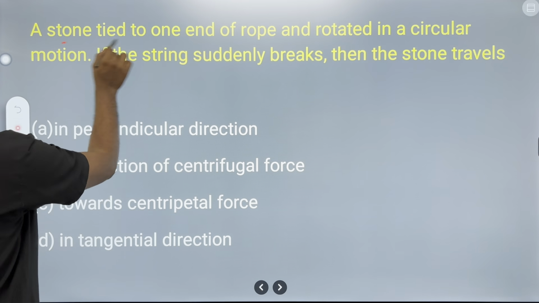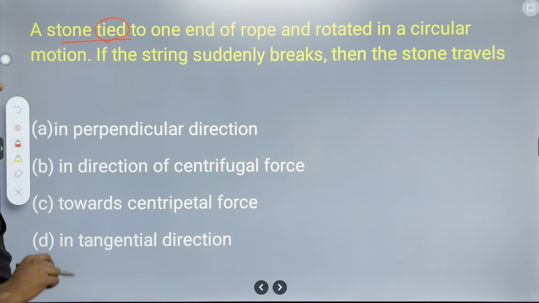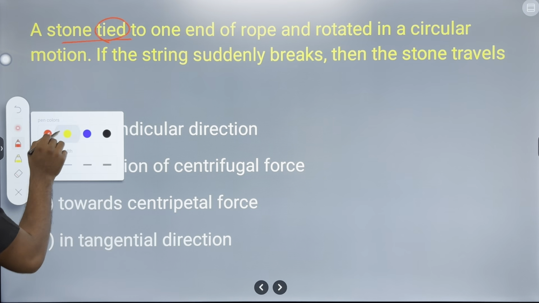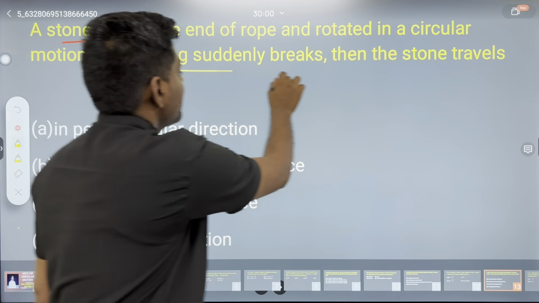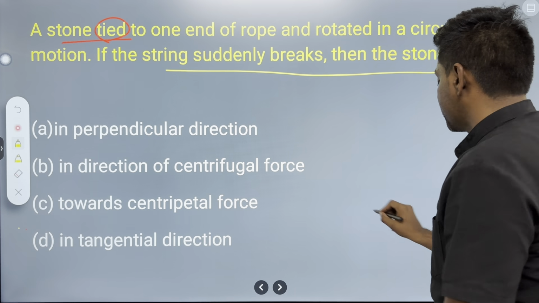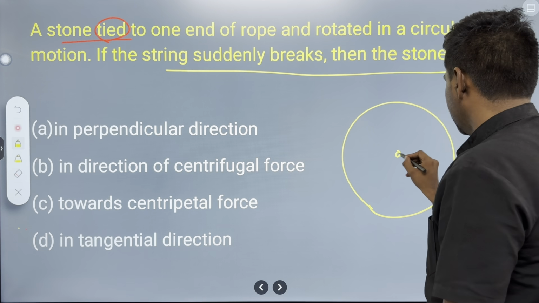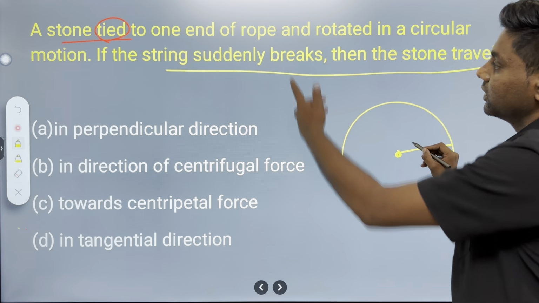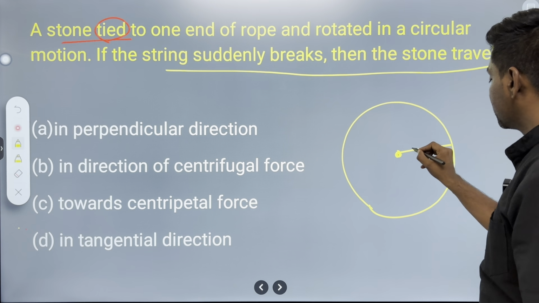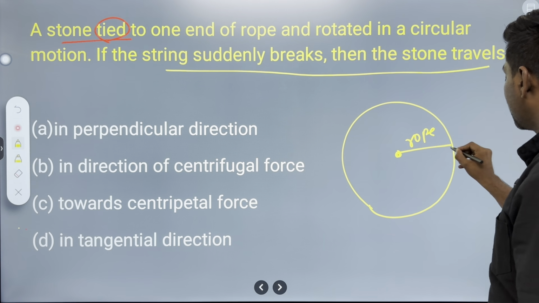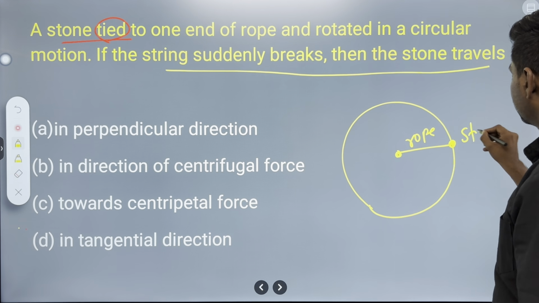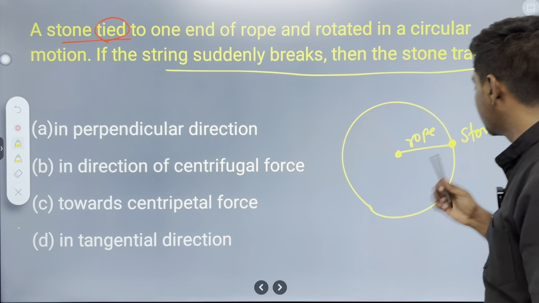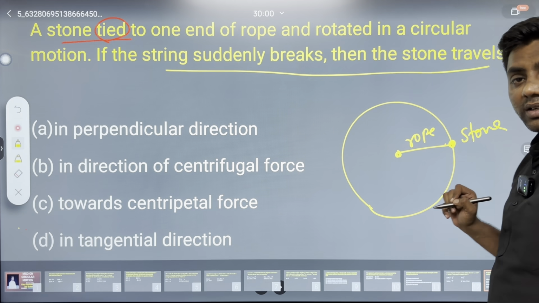A stone is tied to one end of a rope and rotated in circular motion. Basic question: if the string suddenly breaks, what happens in that case? So this is the center, this is the rope tied to one end, and here is the stone. We are performing rotation. The question is, if the rope breaks, what happens